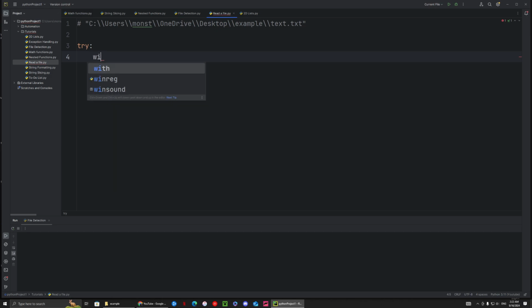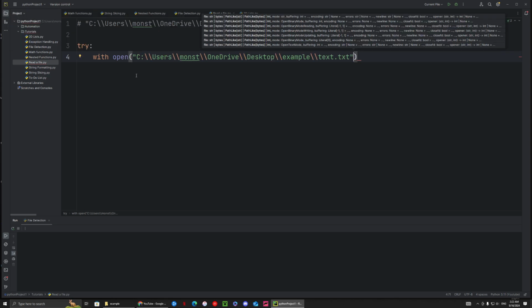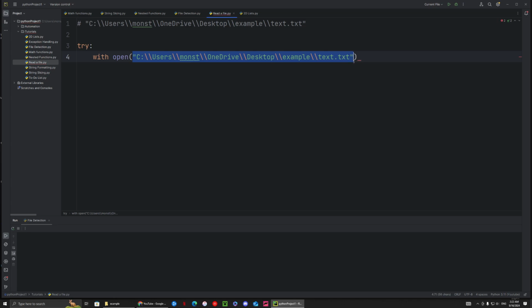Inside the try block, we want to say with open to open the file, and then we want to read it. So with open, we want to give the exact file location of this text file, and we want to say as file because it's a file, and we want to print file.read because that's how you read a file. Moving on,